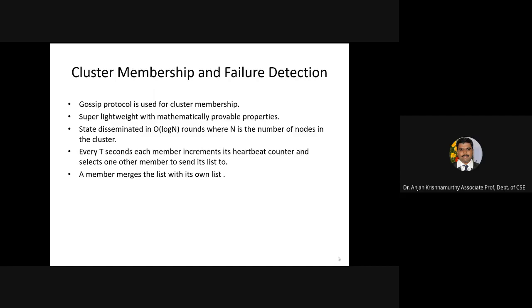Now this is a lightweight, mathematically provable property based protocol, and it takes the complexity of O of log n rounds, where n is the number of nodes in that particular cluster, and t is the seconds that each member increments its heartbeat counter and selects another member to send its list. So the member which is at the end basically merges this list into its own list.